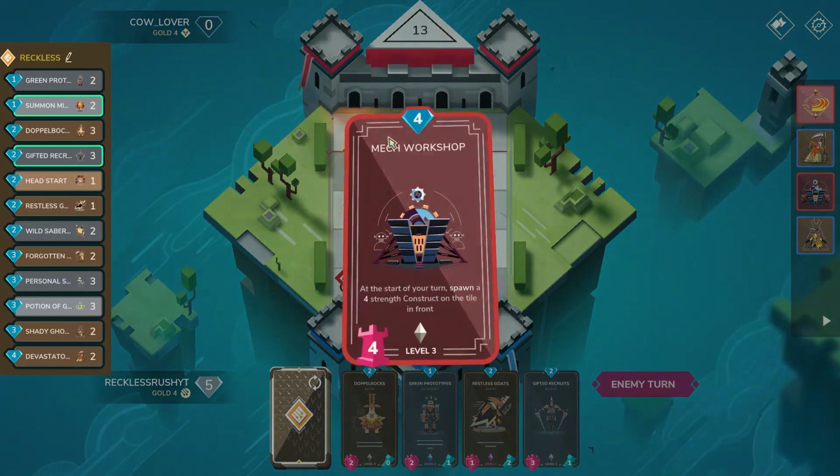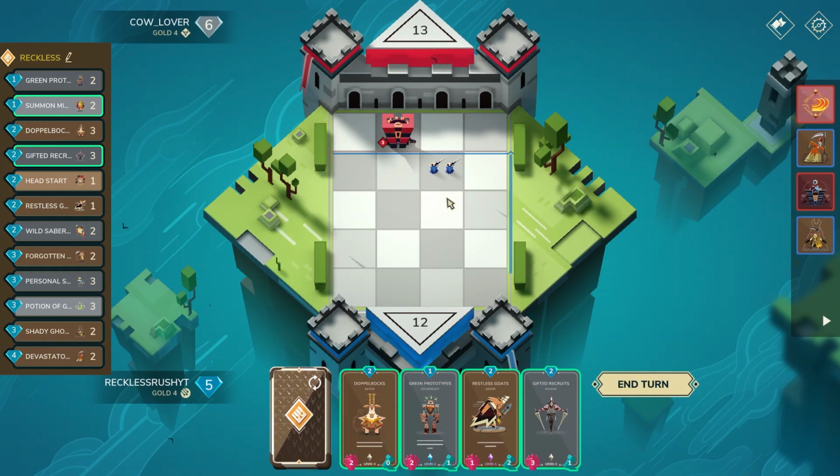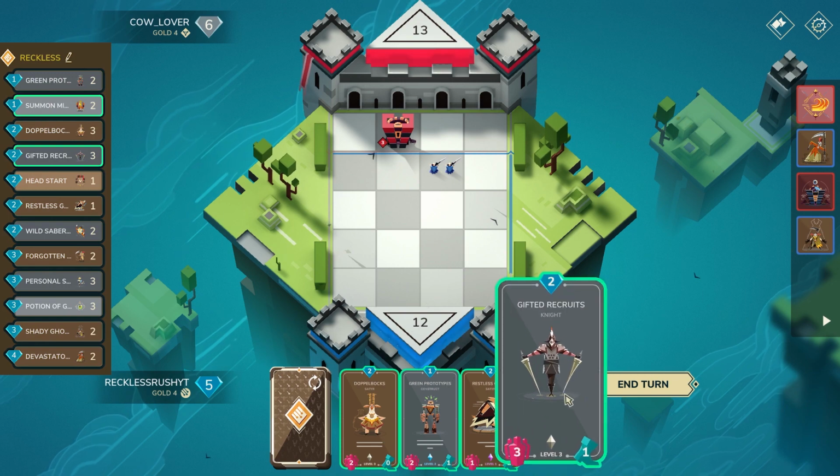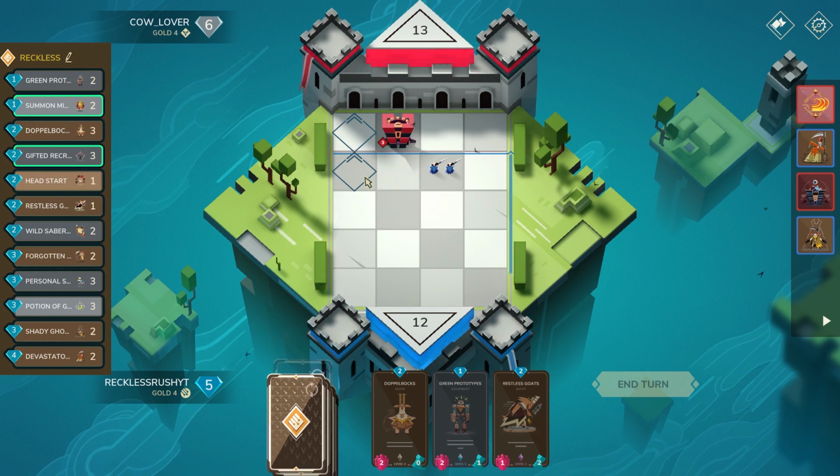It's still fine. I need to block this, however. I cannot let this player get value off of it. That's so lame. If I kept Forgotten Souls, actually no, it's fine. This is still fine. I was going to say like if I kept Forgotten Souls, it would have been so good, but this is still really good. So